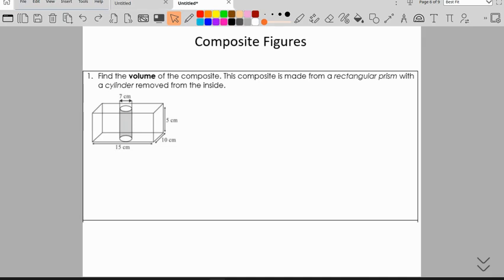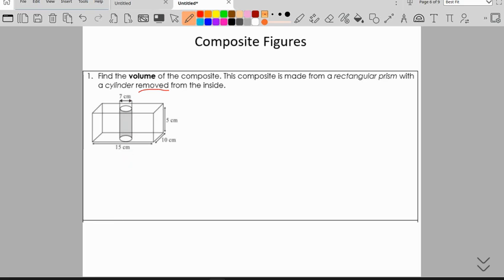It says find the volume of the composite. So volume, we're interested in how much will fill the space. So what does the shape look like? This composite is made up of a rectangular prism, and we can see that here. We've got a rectangular prism with a cylinder removed from the inside. You can see they drilled out a cylinder, or there's an open space there where that cylinder goes